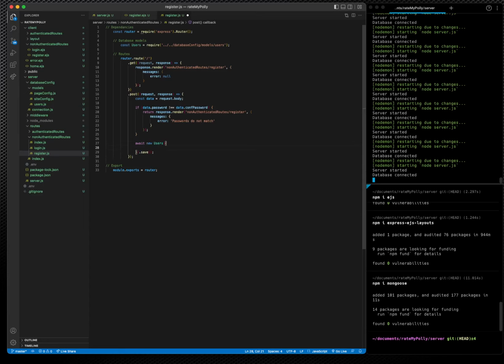So now is the data we're going to store into our database. So it's our fName, which is data.fName, our lName, which is data.lName, full name, which is data.fName, plus a space, plus data.lName, our email, data.email. Now for our password,